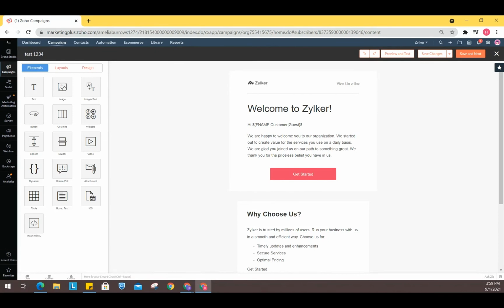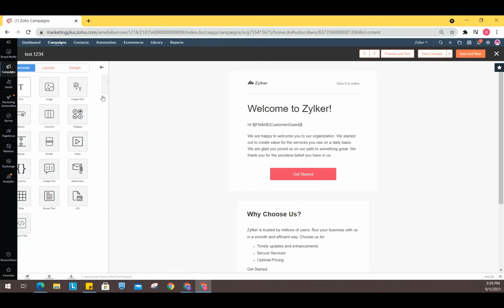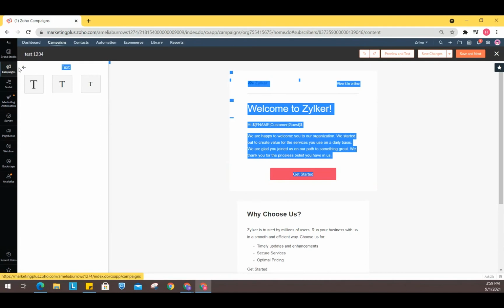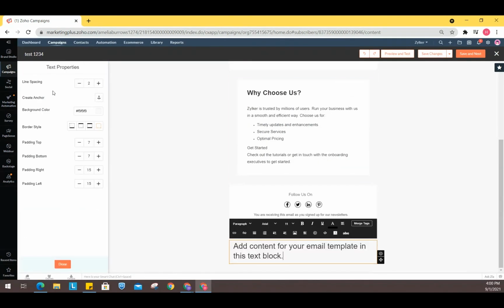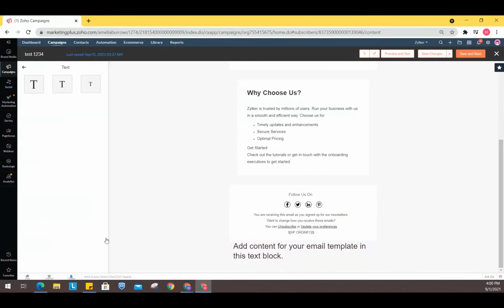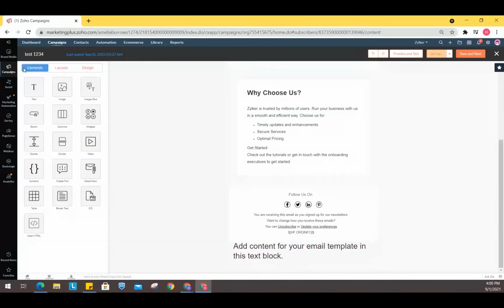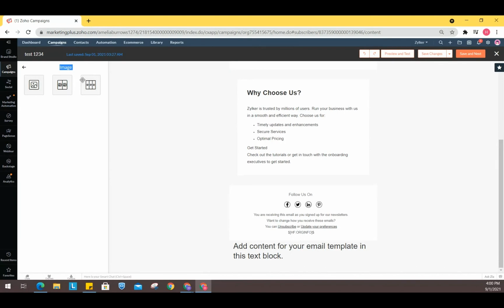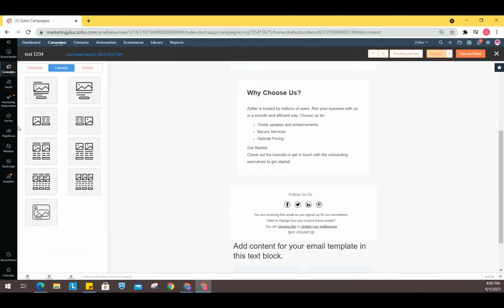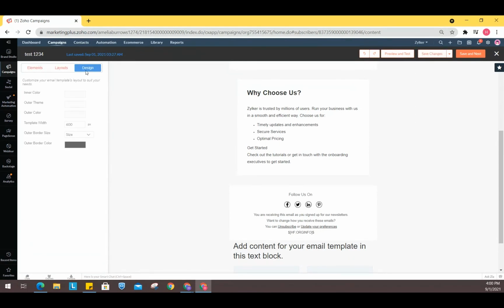You can just go ahead and drag and drop from here, go ahead with these properties, and you can also see the layouts, different layouts, and design as well.